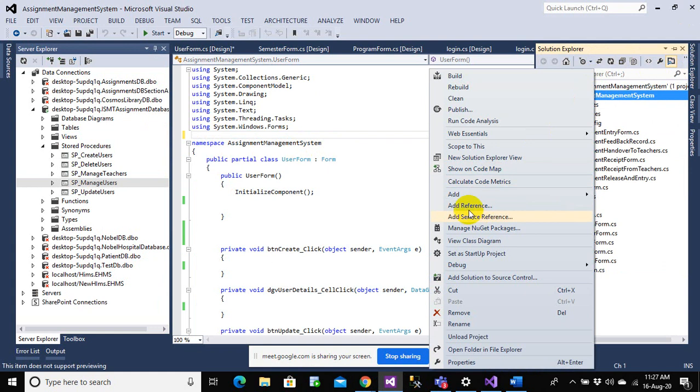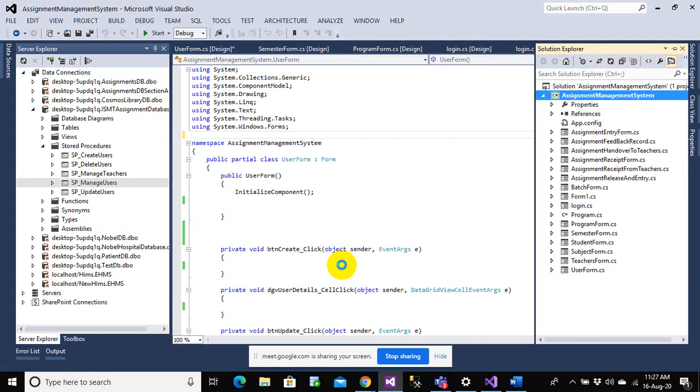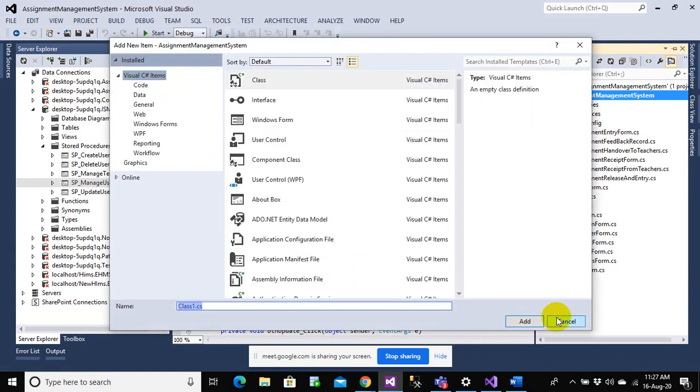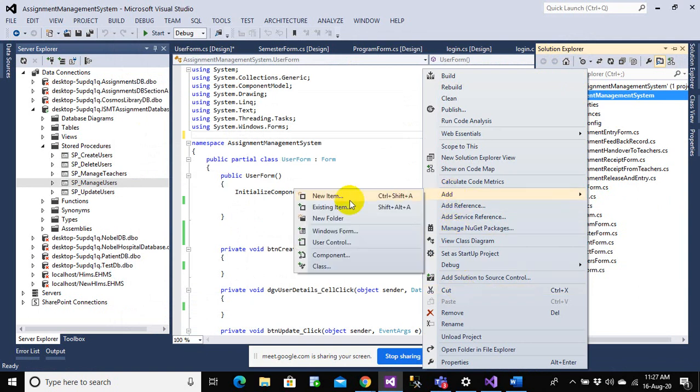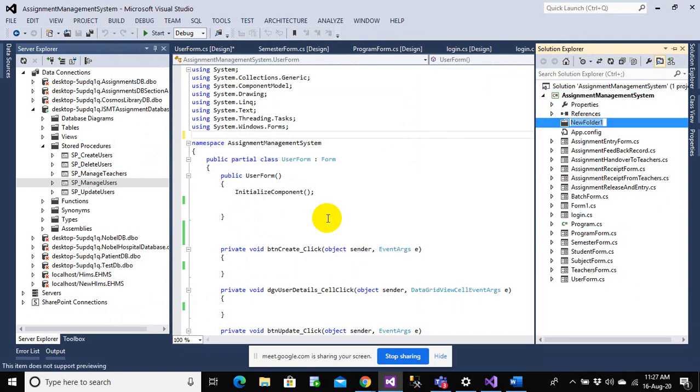Let me create a folder, everyone, and then I'll put all the classes in that folder. New folder, and let me name this database, data access layer.